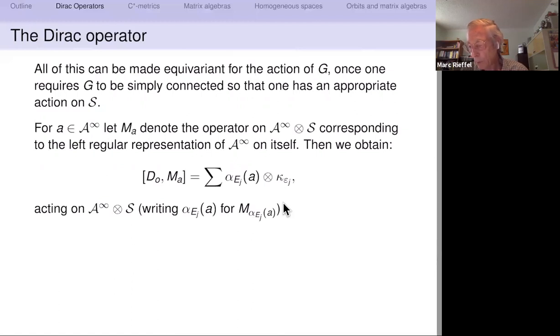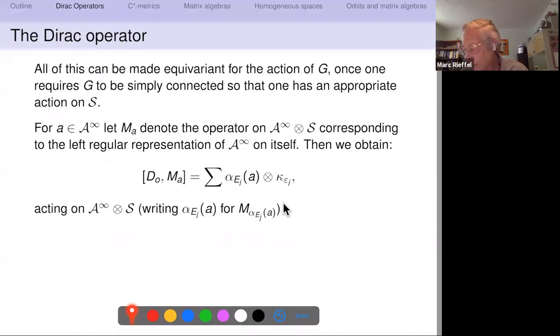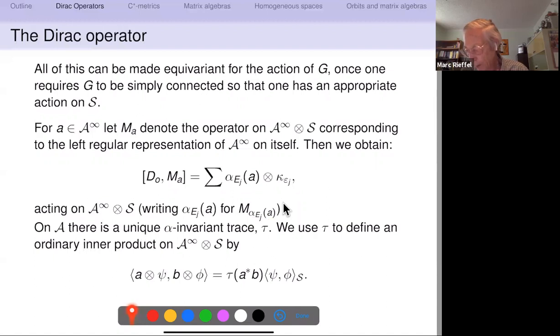And then if we take an element A, we can let M sub A denote the operator on our spinor bundle corresponding to the left regular representation of A infinity on itself. And then we look at the commutator with this Dirac type operator. And here on the right, I've simplified the notation, because of too many subscripts, I've written that instead of this term here, and I'll do that somewhat consistently as we go along. Too many levels of subscripts,